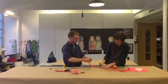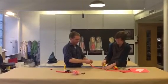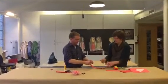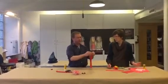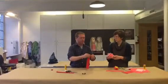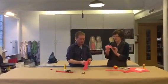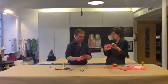And you can use hot glue for this too, but we're doing it the safer way today. The hot glue will adhere much more easily. And especially if you're making a really big flower, you can make these have any size from really small to really big. For the larger flowers, the hot glue works a lot better. This was one of the larger ones that we did, and then once we get to the end there,